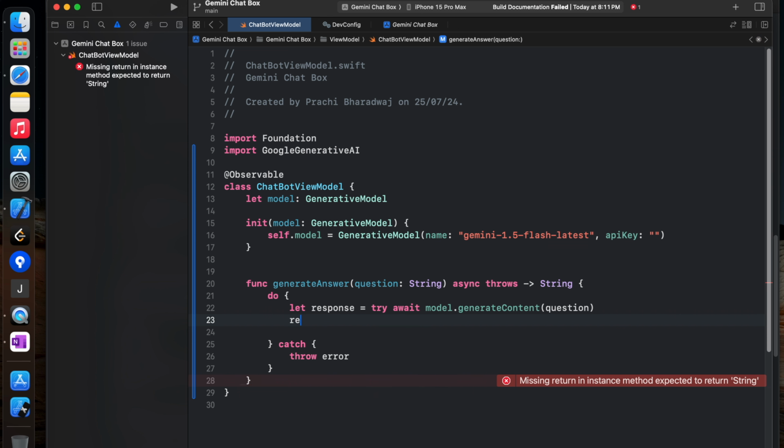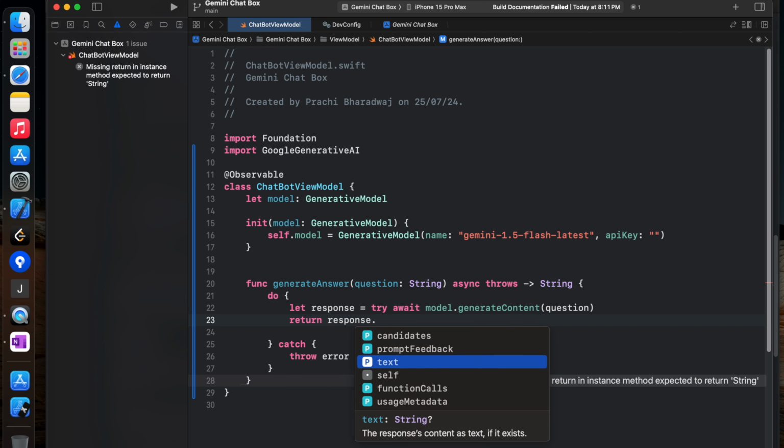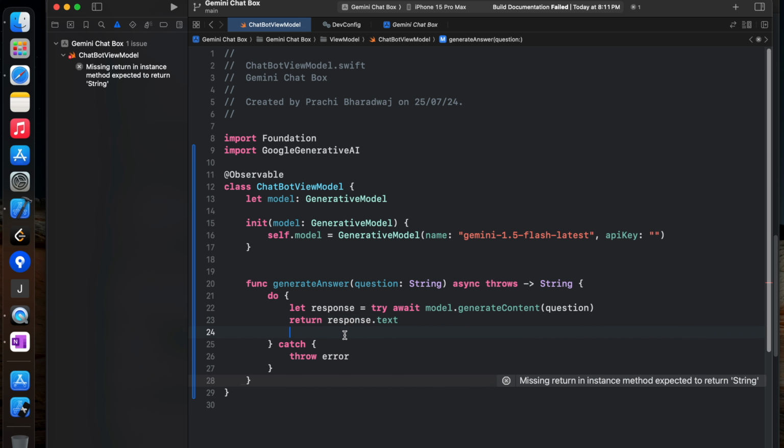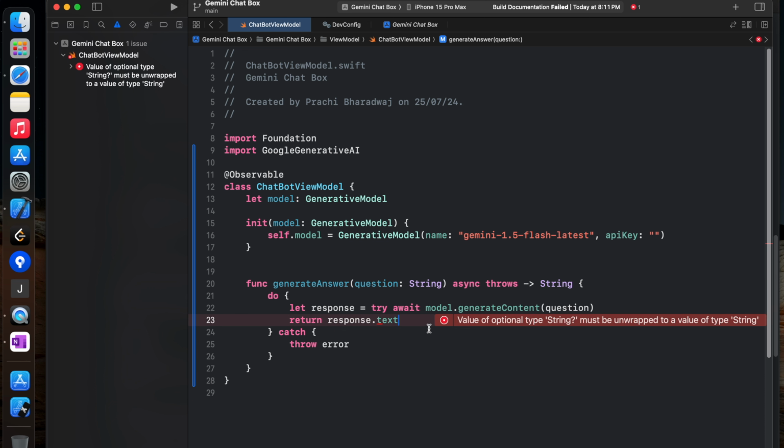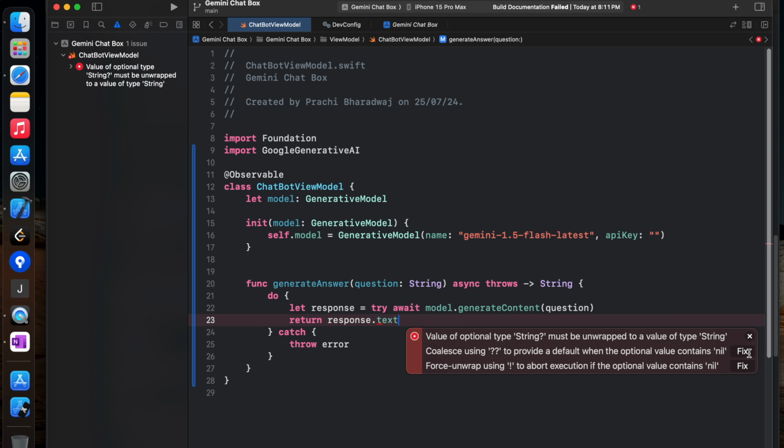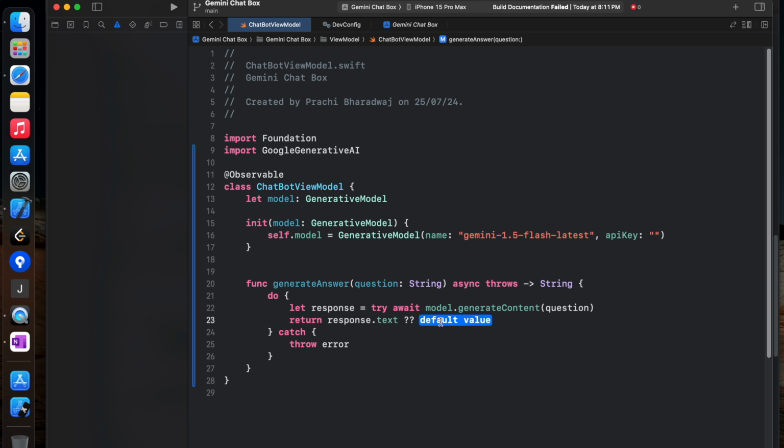First let me return the string, else it will keep shouting at me. So we will have the response and we just have to return the text type. So it will be returning the answer in this form. Once we have the answer, it could be nil, pretty obvious. So we can just return something like "bad request, try again". You can return this directly like this, but if you are creating an observable object,